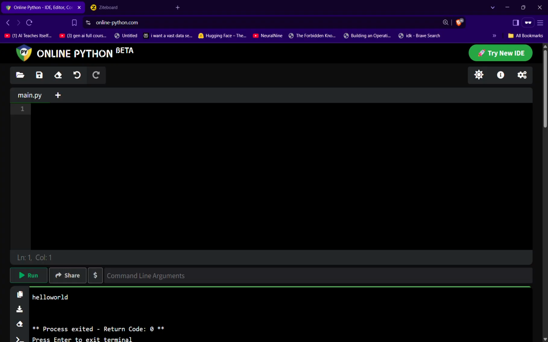So we'll just be talking about basic concepts today. Before we get into that, you need an environment to run your program. If you already have a text editor such as VS Code, I recommend you go with that. But if you're just starting out and you have no idea, I recommend you go with this website,